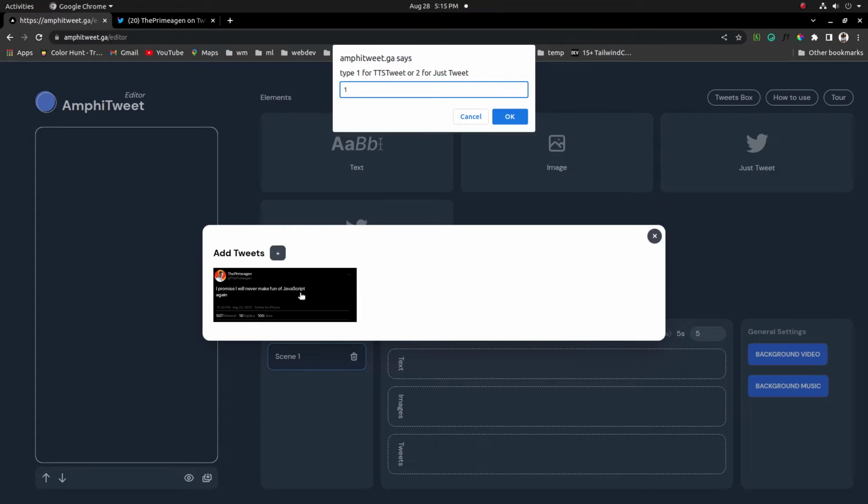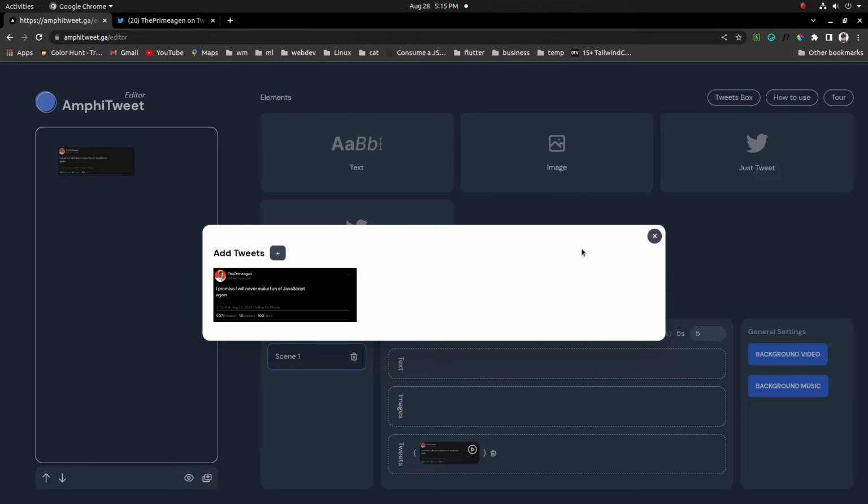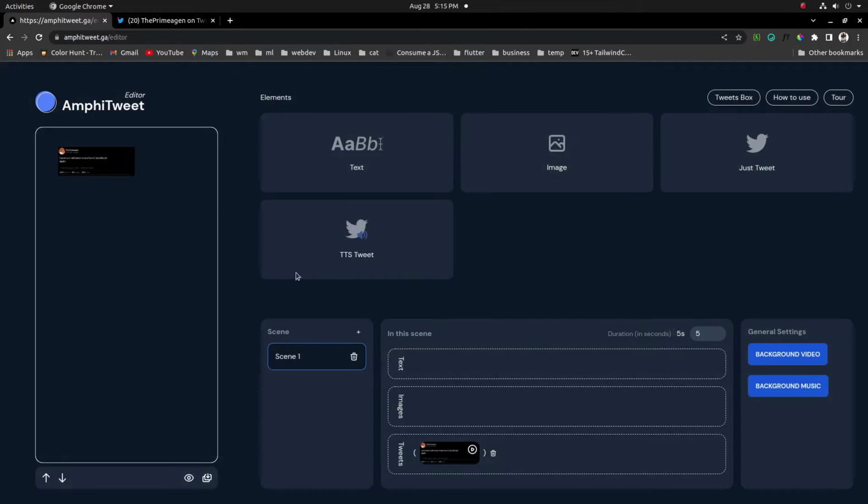So let's do that. We currently support 4 different voices, which is male 1, female 1, male 2, female 2. For this specific tweet, let's go for the male 1 voice. As you can see, the tweet has been added onto the canvas. Now all we have to do is scale it, center it,